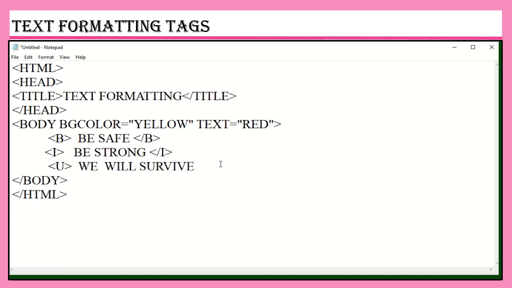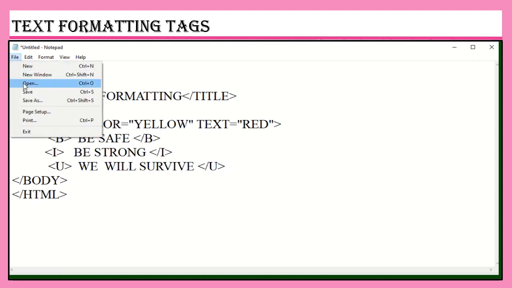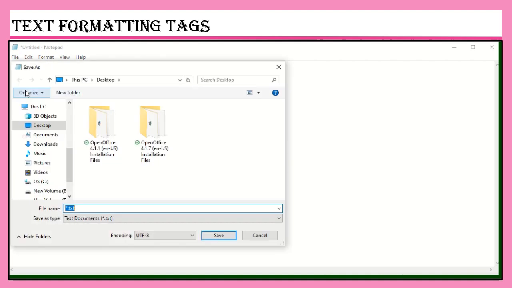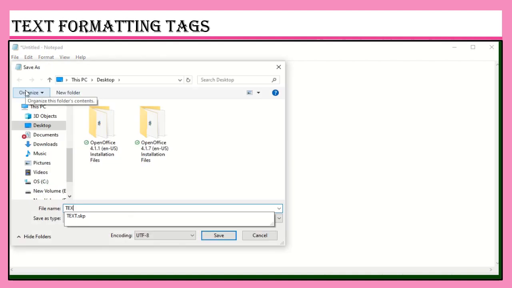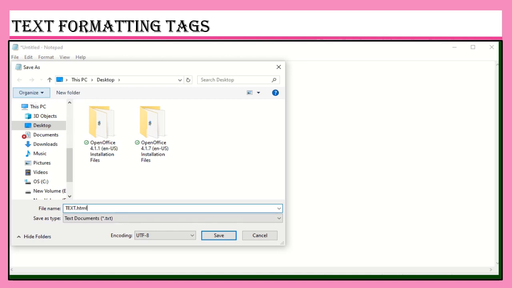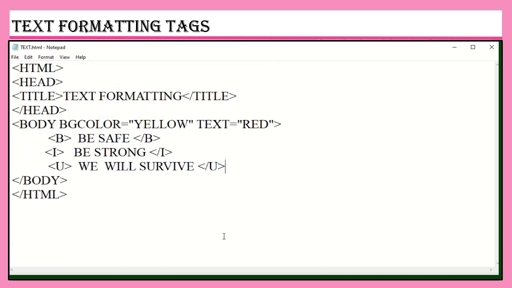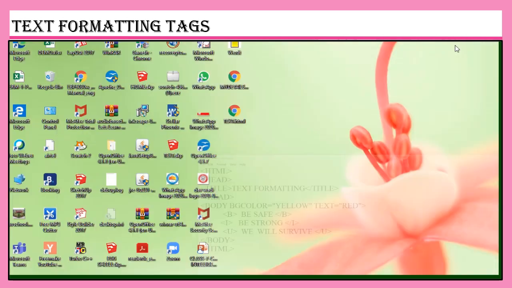Since it is a container tag, you have to give the closing tag preceded by the slash. Now save the file. Go to the desired location and save the file. I am just saving it on the desktop itself, text.html. Click on save button. Shall we see the web page, children? Go to the desired location where you have saved the file, double click it.